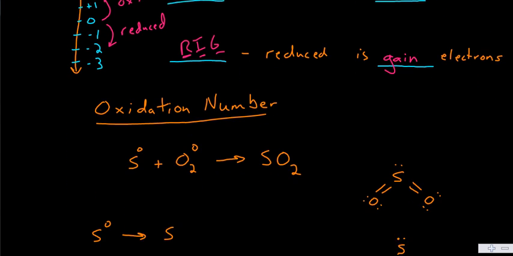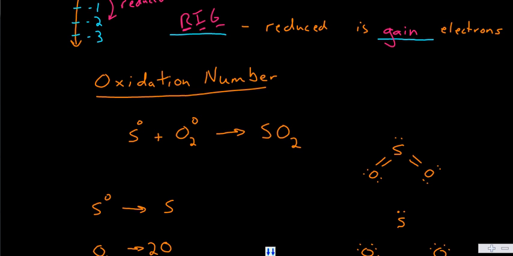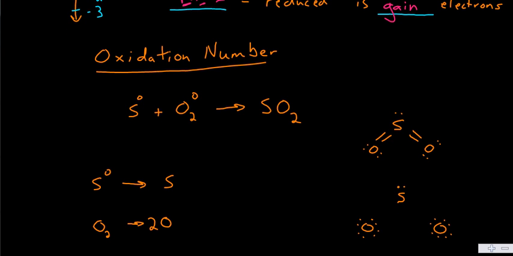So we were just dealing with ionic charges. However, we can often refer to things being oxidized or reduced when there are no ionic charges. We don't have an ionic compound, but instead we might be forming a molecule. So take a look at the formation of sulfur dioxide from sulfur and oxygen. Now you'll see that sulfur is reacting with the oxygen, but you don't know what's gaining and what's losing electrons, or at least electron density. In order to understand what's gaining and losing electron density, you need to consider the Lewis structure